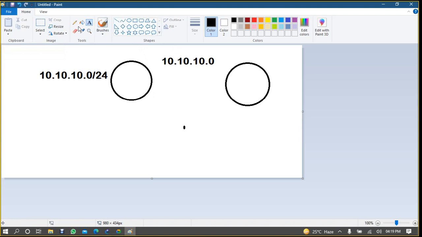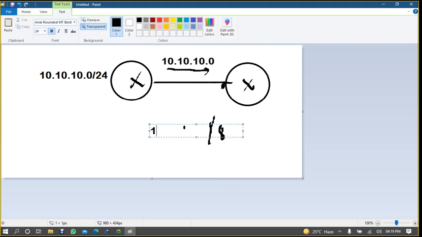When this router tries to communicate to this router, it will send the information like this, 10.0.0.0, but no subnet mask. So when router 2 receives the information, it will say, okay, you are sending me one network but there is no subnet mask, so let me put the default /8 with this. When it puts the default /8, the final network is like this: 10.0.0.0.